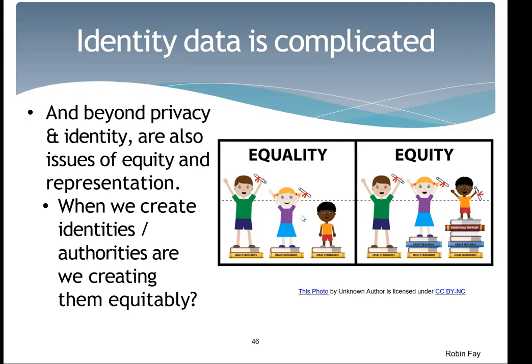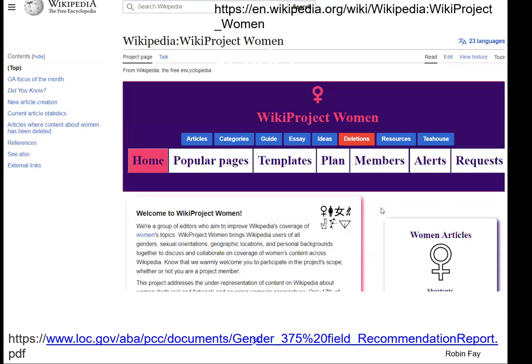And for RDA, the resource description part of it for the metadata is you transcribe it as it appears on the resource. So if it says diary by Mrs. Jones, then that would be what you would put for the title and the author. But then for the identity piece of it, we could put the person's name, Jones, comma, Verda. And then a variant of that name could be the Mrs. Jones piece of it. So there are projects out there in Wikipedia and some other communities where they are starting